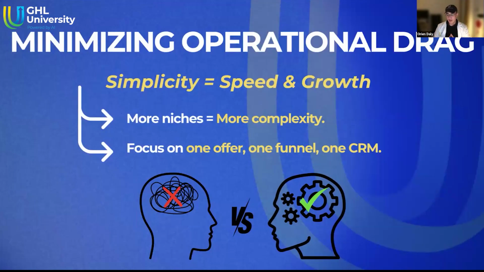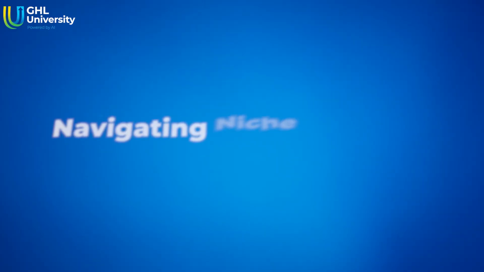This is what we call the operational drag multiplier, meaning let's say you have one specific type of advertisement. You have an offer, one type of offer, one type of niche, one type of funnel, one type of checkout page, one type of service delivery, right? You focus on one of those things. And we call that an operational drag multiplier, which basically measures how complicated your business systems are. And the more niches you have or offers or services, the more complexity you gauge.